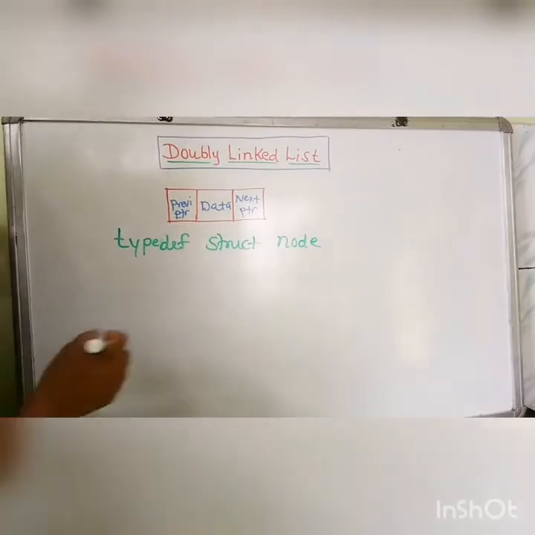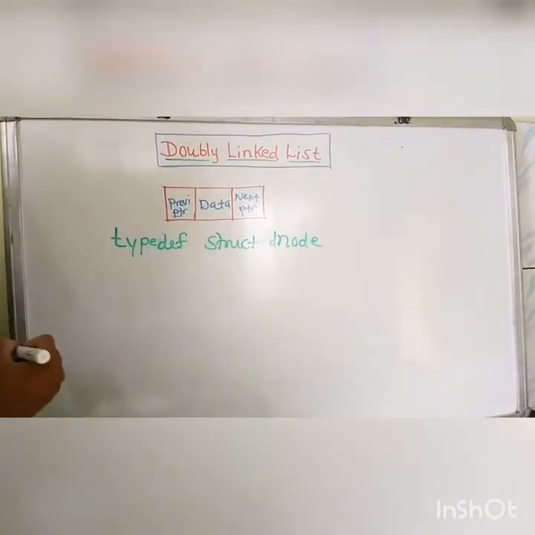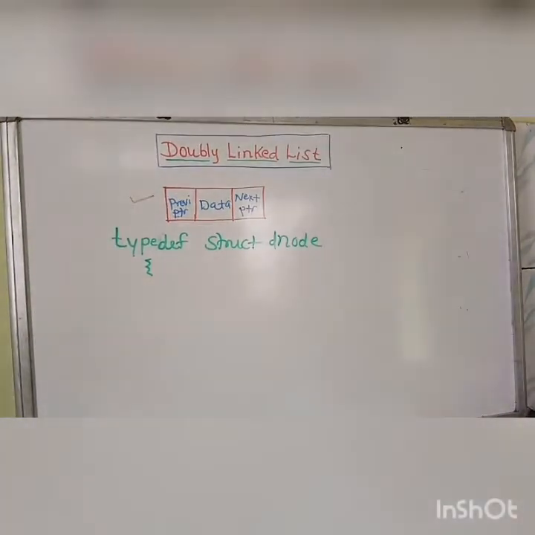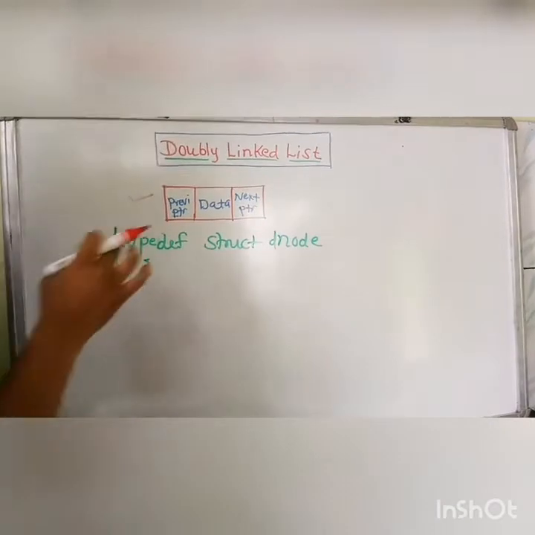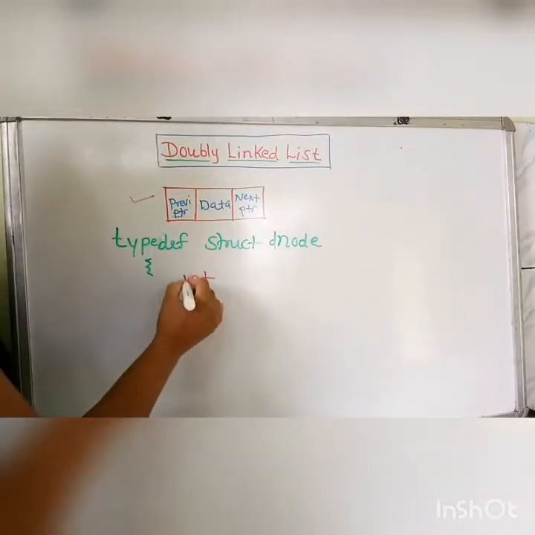To differentiate it from the singly linked list node, we can name it DNode, meaning the doubly linked list node. Now, as we all know that the node structure has three parts, that are previous pointer, data, and next pointer, we will write down